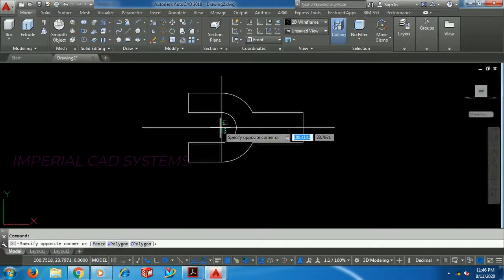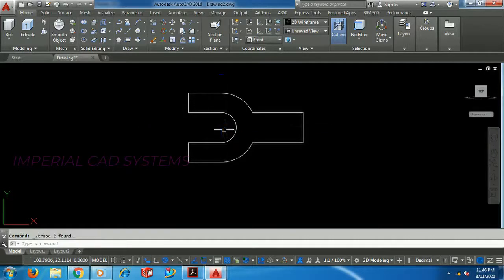Then remove these reference lines, horizontal and vertical, because we are adding thickness by taking this into a 3D model and extruding this profile. These are all independent lines, so we have to join them and make a single entity profile.